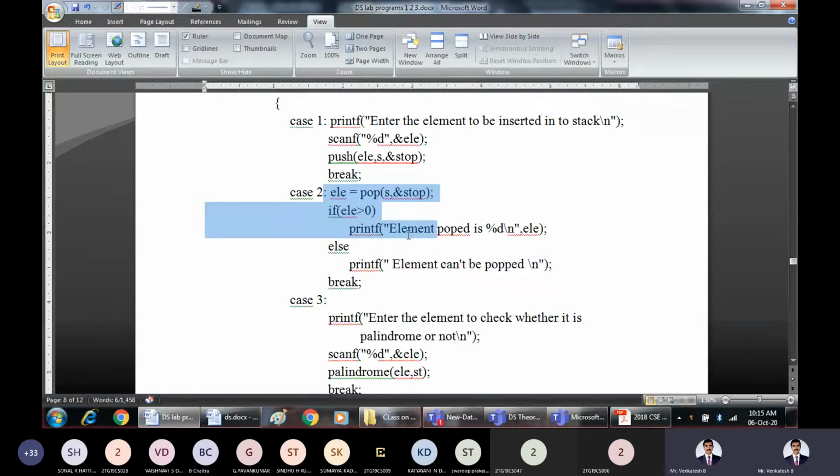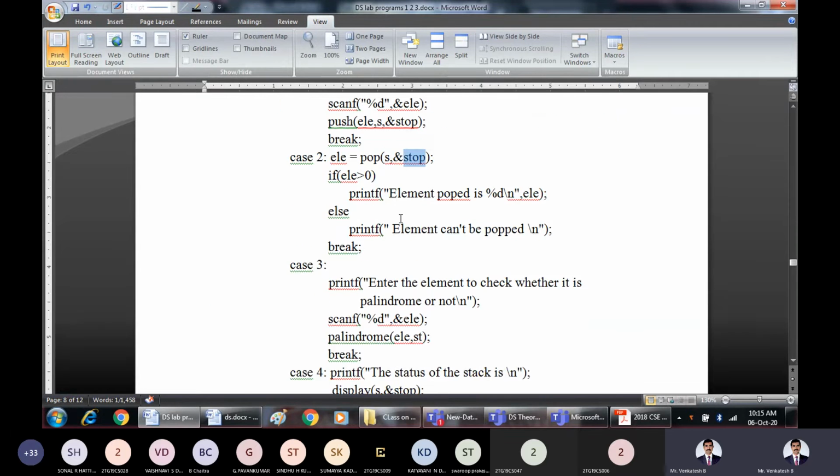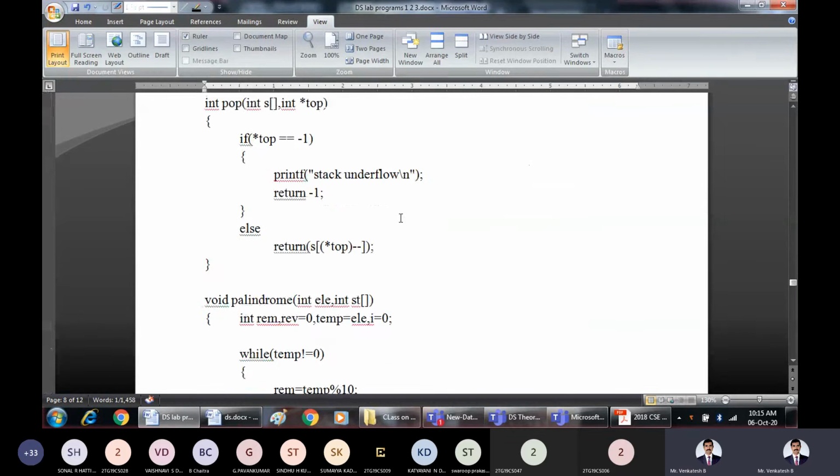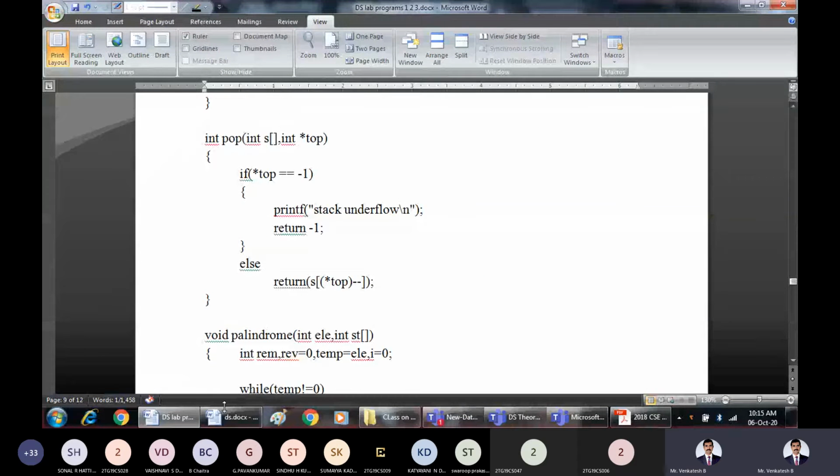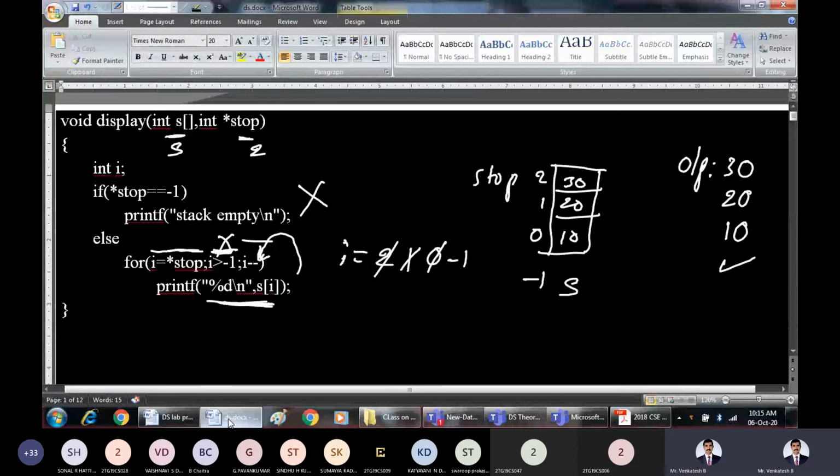Now let us see how the definition of the pop works. So the control will get transferred to pop definition onto this stack. The meaning of this here is delete an element from this stack with this particular stack top. So let us go to the definition of the pop function. So this is the definition of the pop function. I'll take the same example.